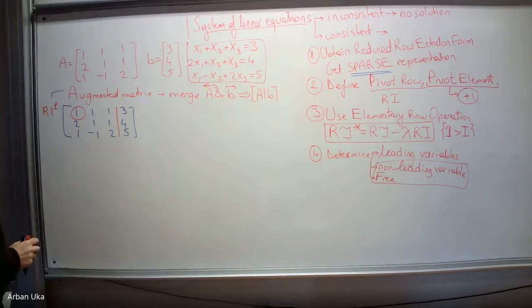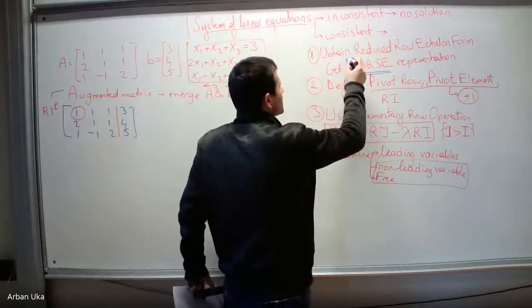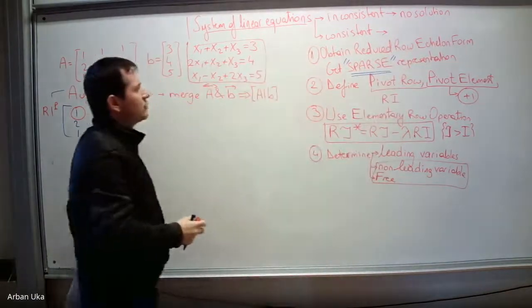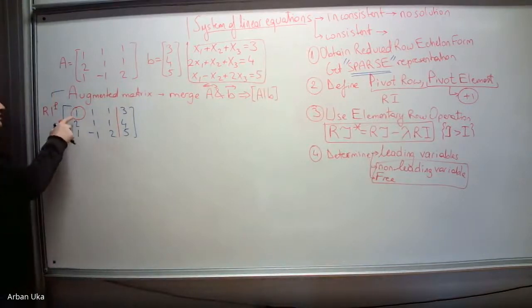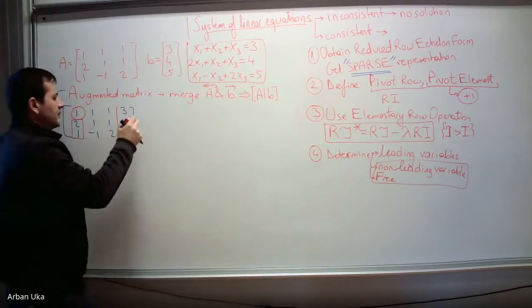Then the next question is the following. How can we produce zeros? How can we make this sparse representation? You see here this keyword, sparse? We can do this by using this 1 to make these two zeros. First we try to make 0 this 2, and this 1. To do this, we can